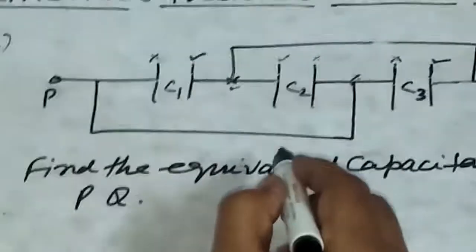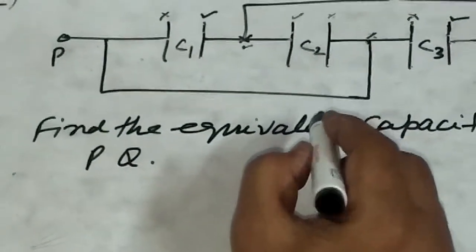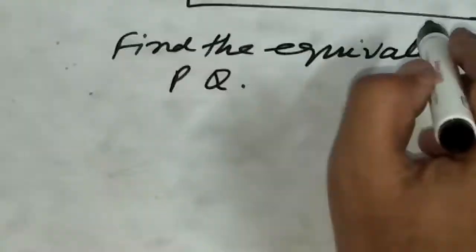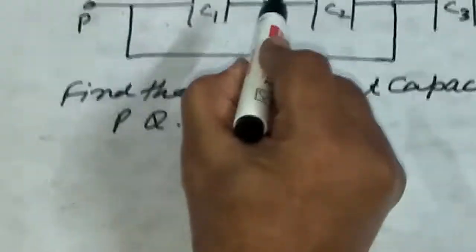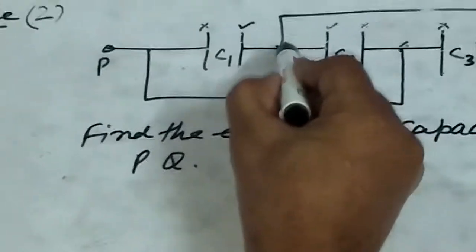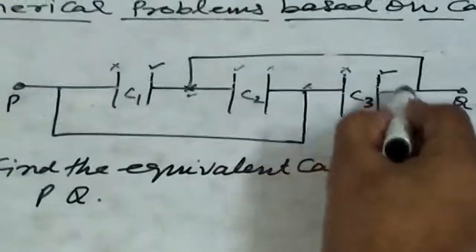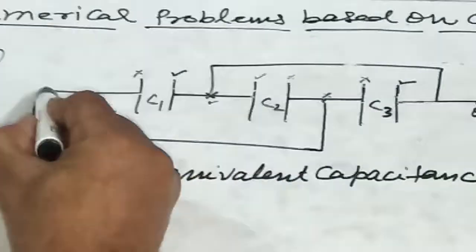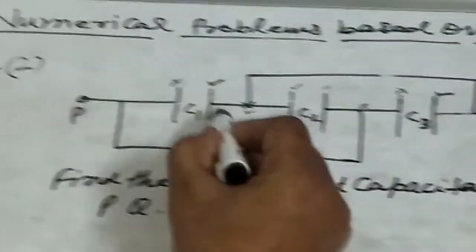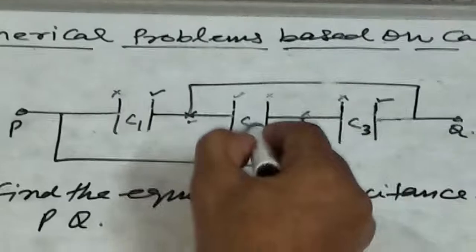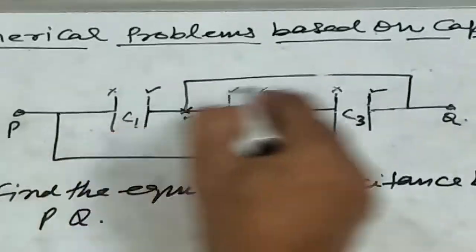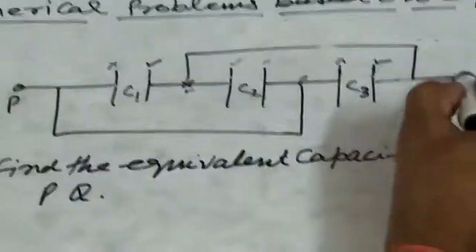It means it fulfills the condition of parallel combination, where one plate of each capacitor is connected to one point and the other plate is connected to the other point between P and Q. In this way C1, C2 and C3 are joined in parallel between P and Q,